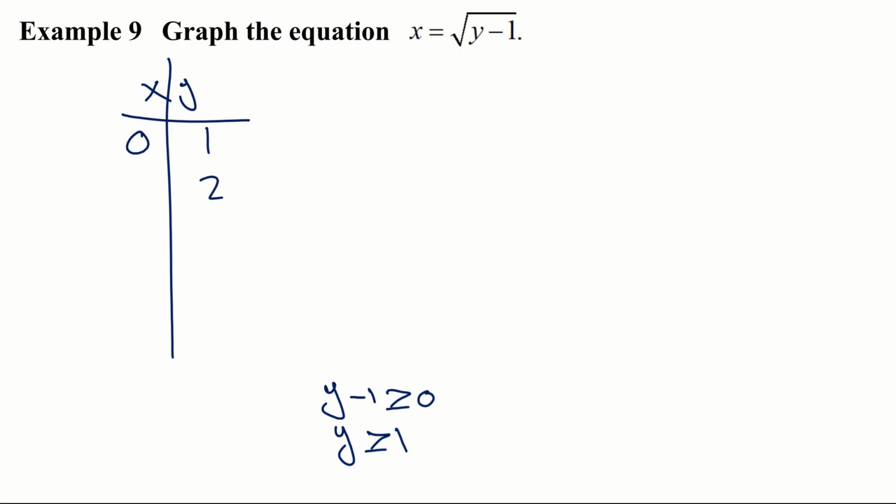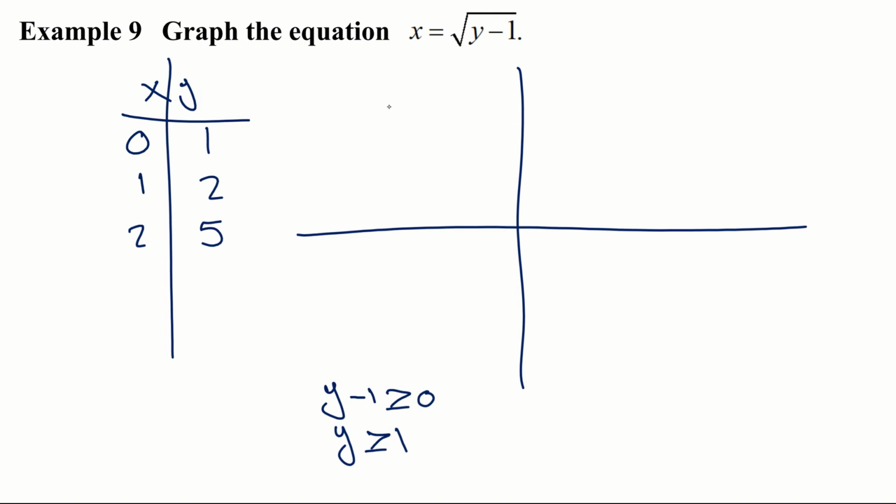2, if you recall, gave us 1. 2 minus 1 is 1. Square root of 1 is 1. And then remember, we jump to 5 to get a nice whole number for x. And 5 minus 1 is 4. The square root of 4 is 2. So now we go ahead and